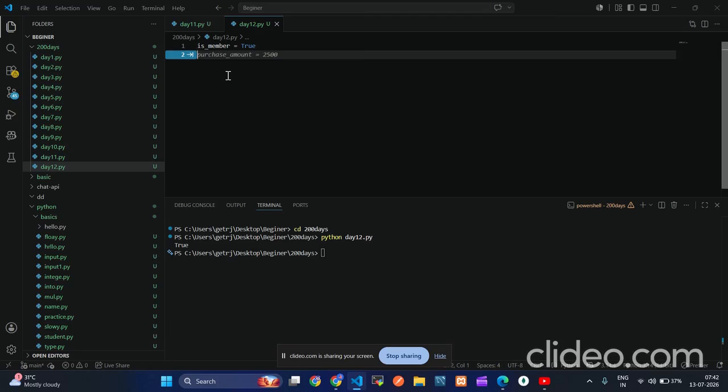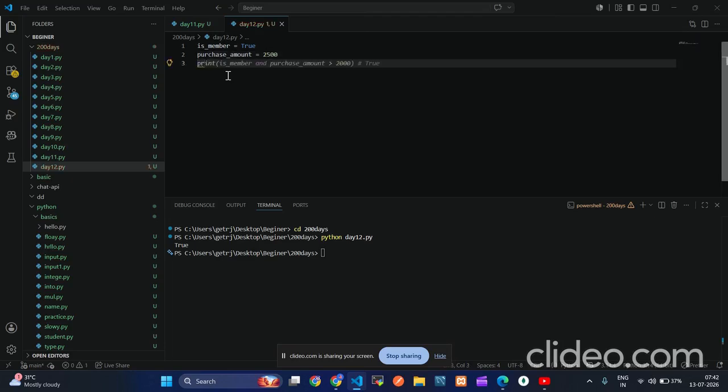Now we will create another variable called purchase_amount and set it to 2500. Now we print is_members and purchase_amount greater than or equal to 2000.